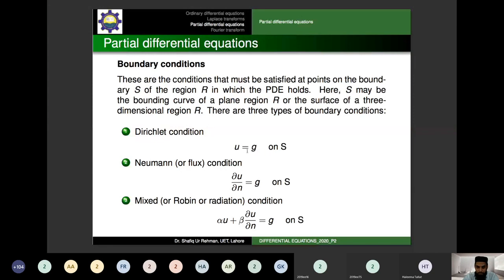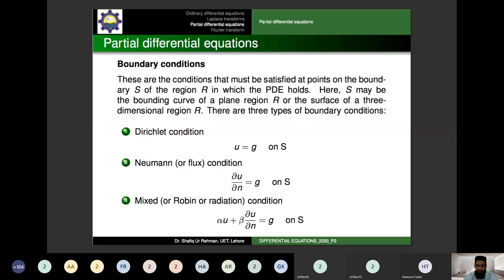Neumann or flux condition, or there could be more than one condition. Again, Neumann or flux conditions are going to be ones involving derivatives, partial u upon partial n. What is n? n is going to be the outwardly drawn normal to the surface. So Dirichlet conditions are independent of derivatives. A simple idea is there to understand the concept.